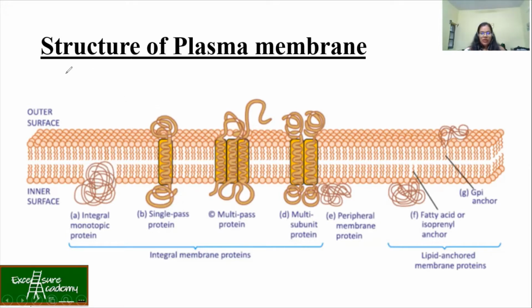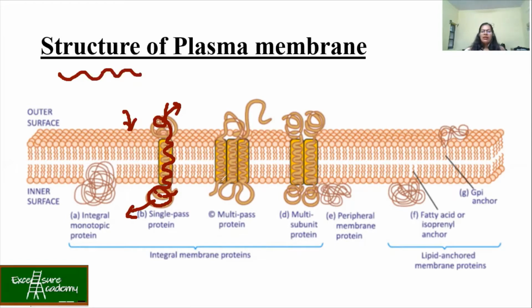Once the protein has been synthesized after translation, the polypeptide chain gets inserted into the phospholipid layer. This portion is again polar, this portion is again polar. Only the amino acids which are hydrophobic, that is the water-hating region, will get integrated into the phospholipid layer. This means that this protein has been integrated like this. This is called a single-pass protein, that is, it passes the phospholipid layer only one time.